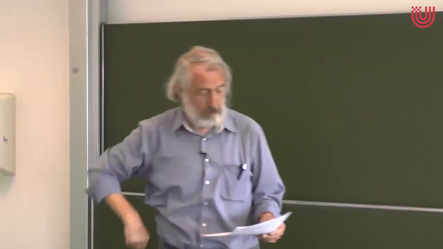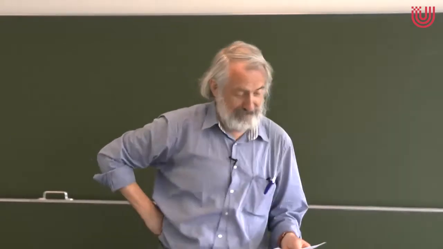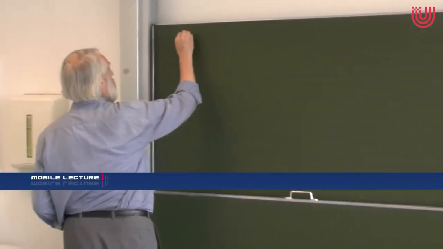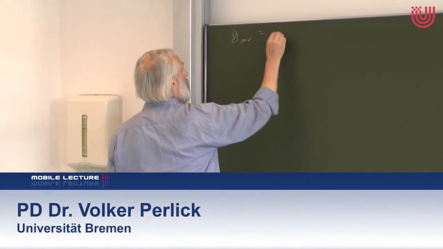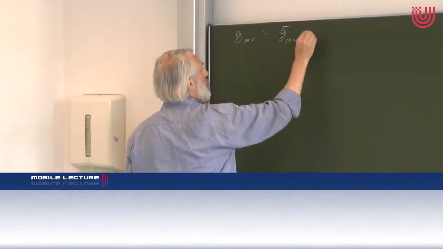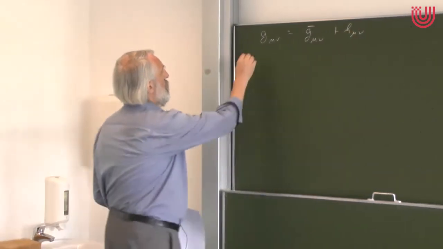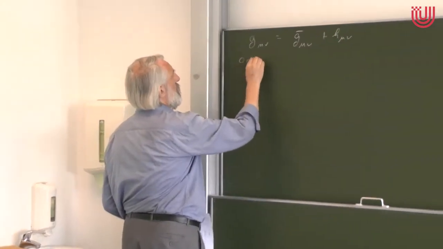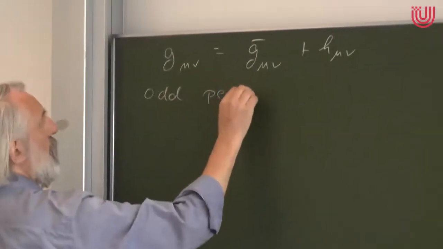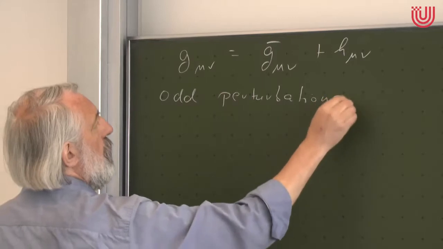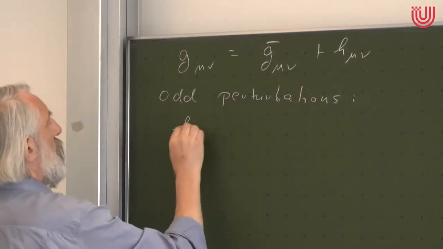Right, we are on our way towards the Wheeler equation. So it's about perturbations of the Schwarzschild metric. Our metric is a Schwarzschild metric plus a perturbation. And we have seen that for odd perturbations, odd with respect to parity transformations, the h mu nu after an